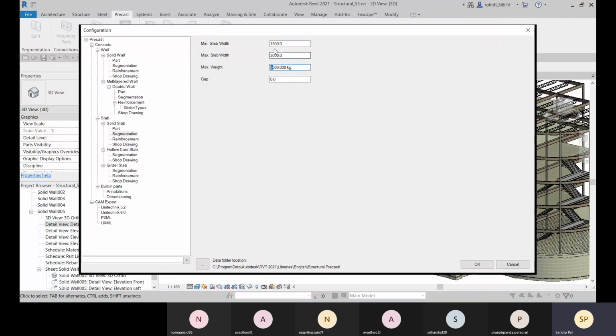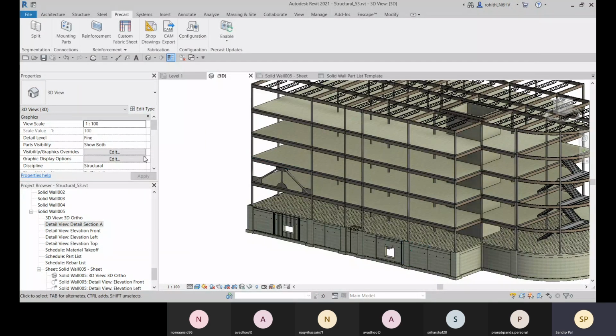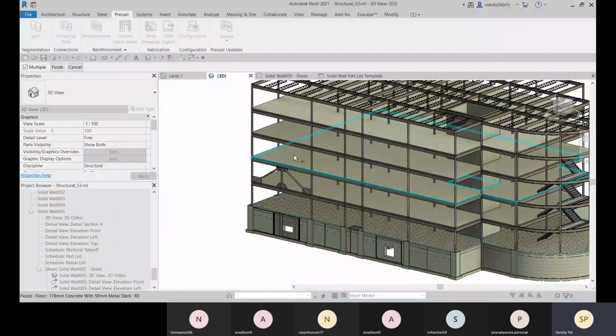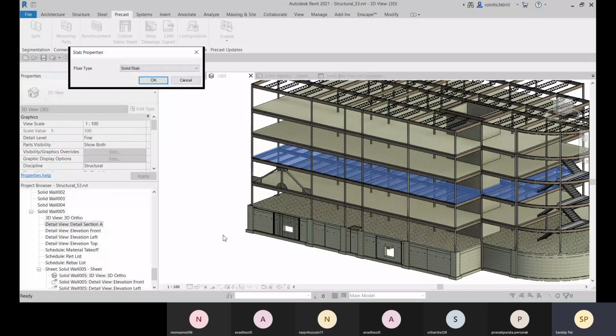Definitely the maximum weight will be increased. Okay, and let me click on OK. And now I'll go for split. Now let me select this. And now let me go for finish. What type of floor do you want to create?